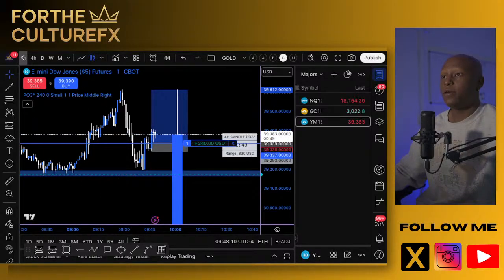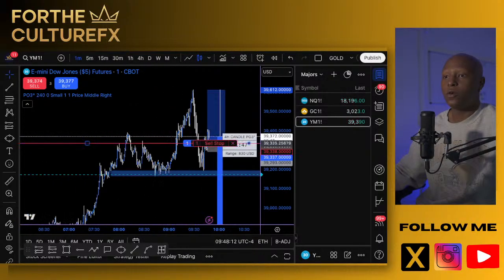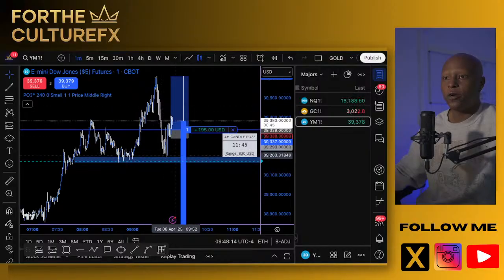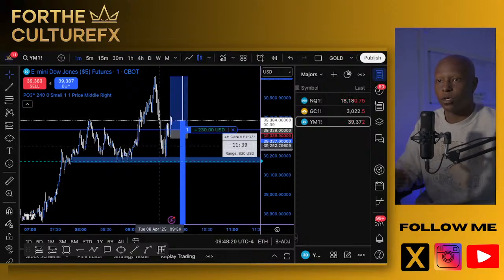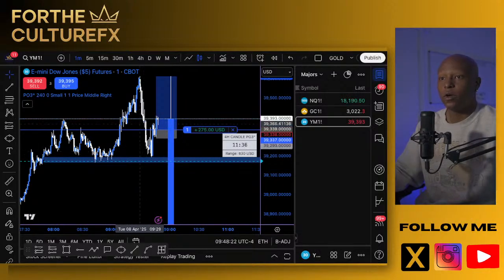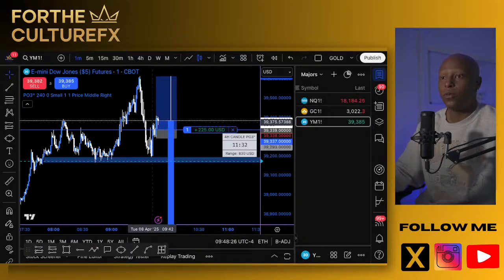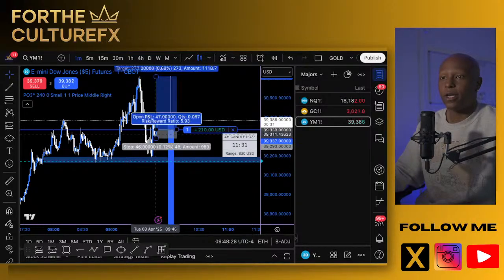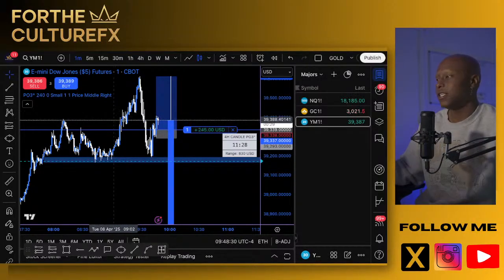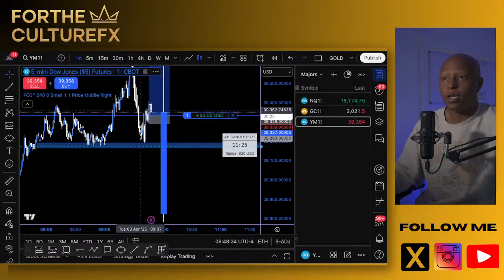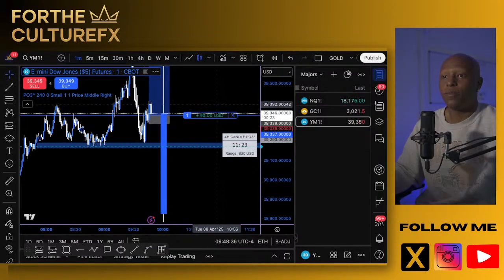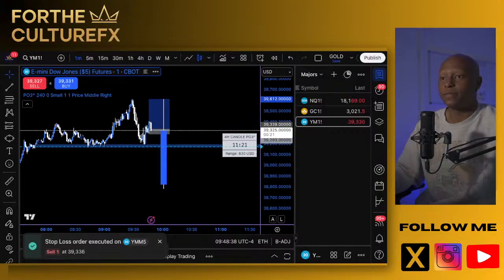How we got in: 5-minute candle on the Dow Jones reached our area of interest. You can see we created a new high. Overall daily analysis sent out to the VIP was in fact bullish, so we were looking for a bullish move. We've seen the smaller time frame create a low, create a high, a lower low. Then we broke through that high, corrected back down with the 5-minute candle closing bullish. That's my candle confirmation. We went ahead and broke through our high here and moved stops to break even on that trade.